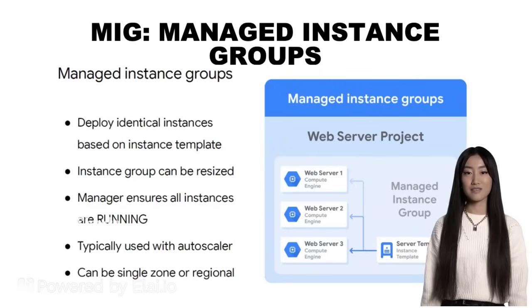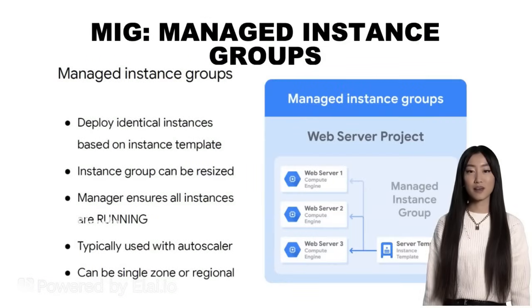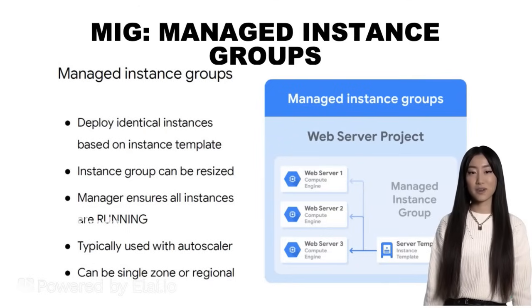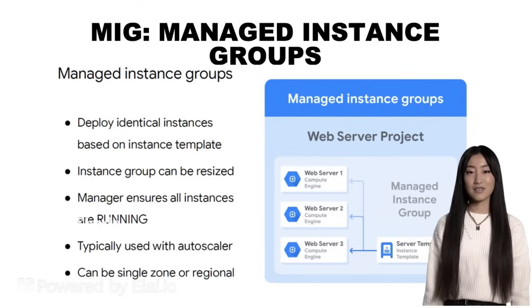The recreated instance uses the same name and instance model as the previous instance. Managed instance groups can automatically identify and recreate unhealthy instances in a group to ensure that all instances run optimally. Regional managed instance groups are generally recommended over zone managed instance groups because they allow you to spread the application load across multiple zones instead of limiting the application to a single zone or having to manage multiple groups of instances on different areas. This replication protects against zonal failures and unexpected scenarios where an entire group of instances in a single zone fail. In that case, the application can continue to serve traffic from instances running in another zone